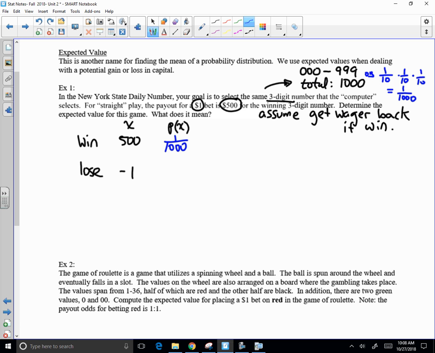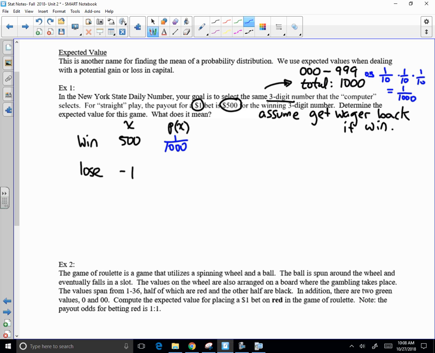In lotteries, order matters. In this particular type of lottery anyway, if I select 891 and 198 comes up, I don't win, or at least I don't win this way. They have an option to box your number, which means that whatever number you select, if it comes in any order, you still win, but they pay out less for that. Then you have numbers like, let's say, 999 or 333. Those are automatically boxed numbers because it doesn't matter what order the threes come up, you're still going to win. So those pay out less. So if you want to win the maximum, you don't want to choose something that is a repeat.